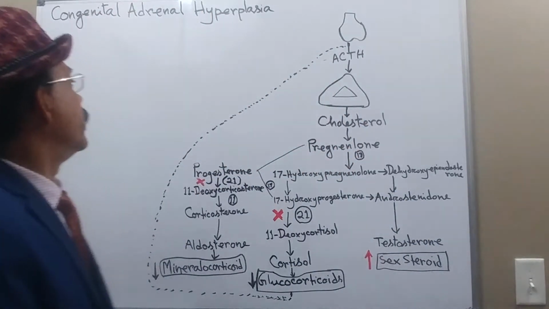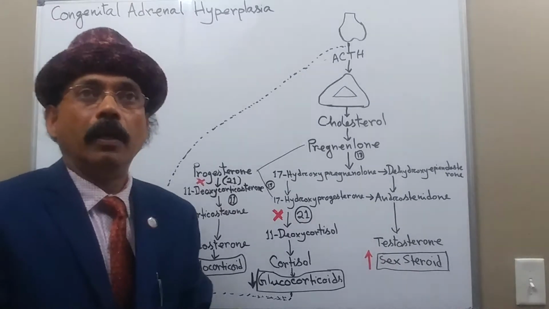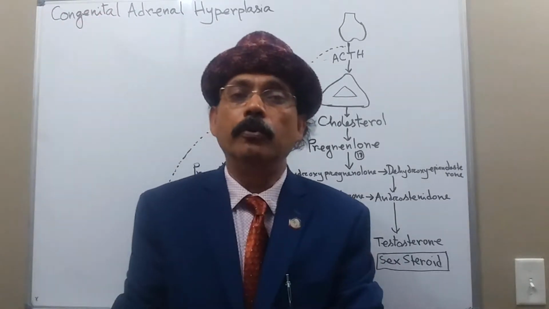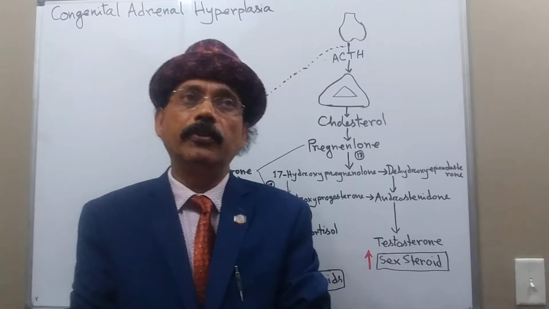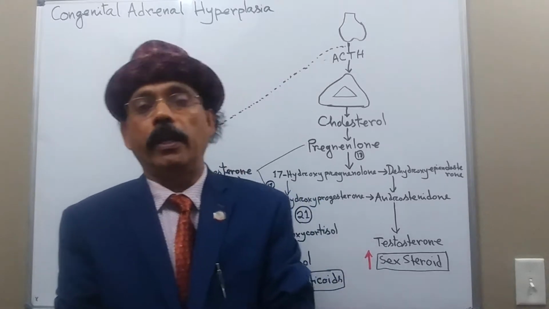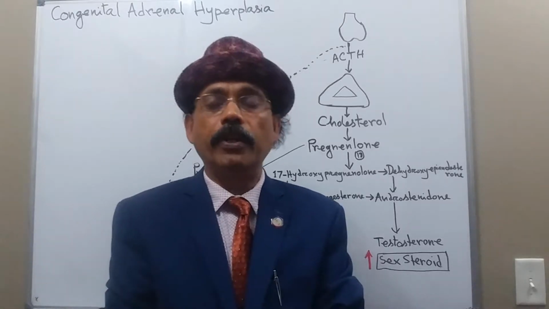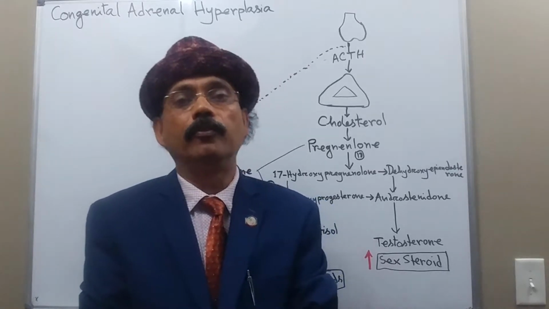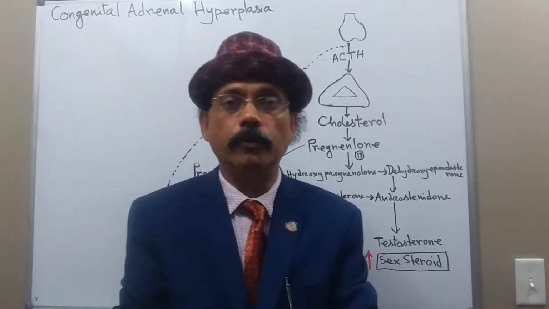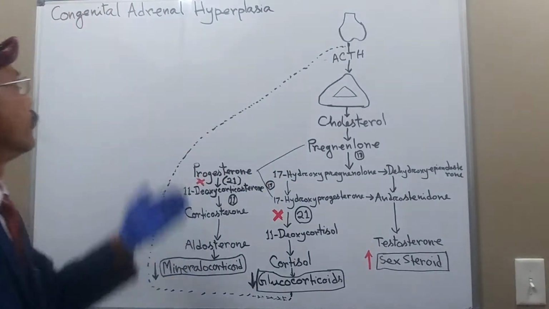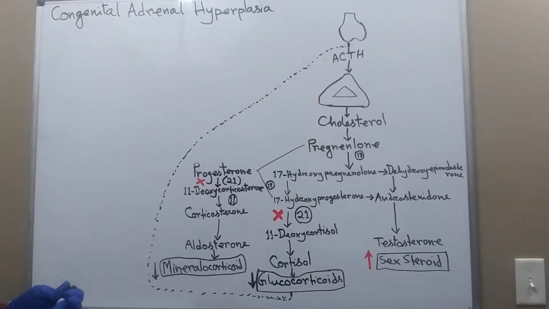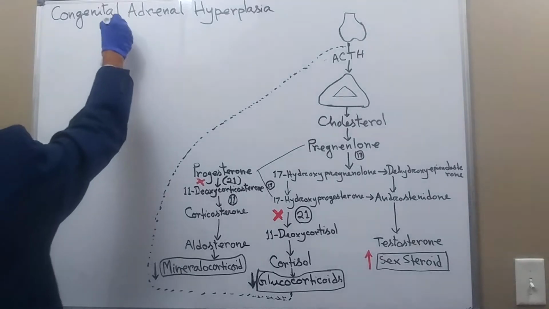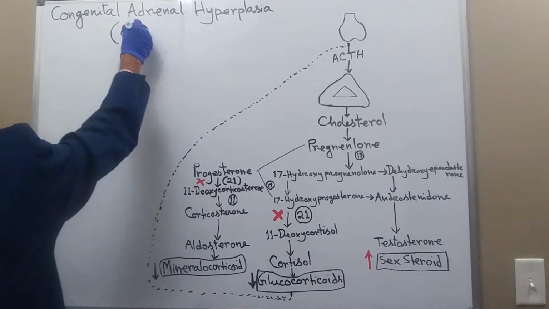Congenital adrenal hyperplasia consists of a group of autosomal recessive disorders characterized by defect in the steroid biosynthesis, especially the cortisol. Okay, so the congenital adrenal hyperplasia, also called CAH,